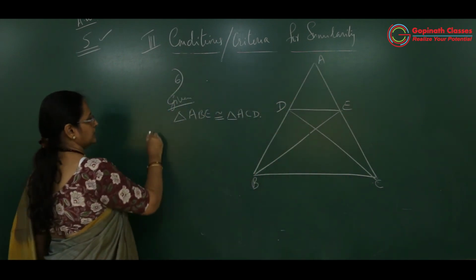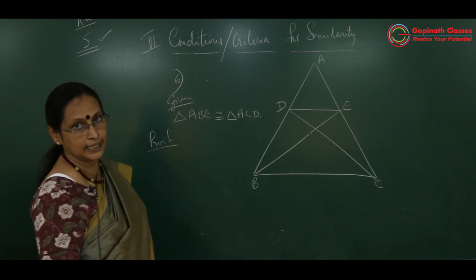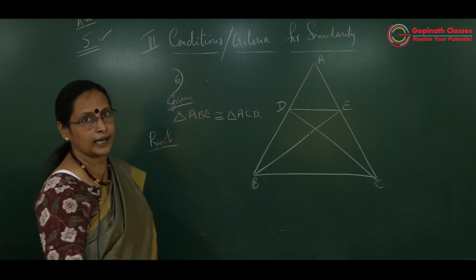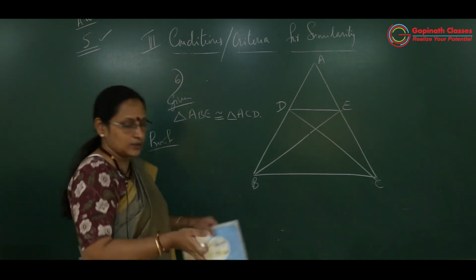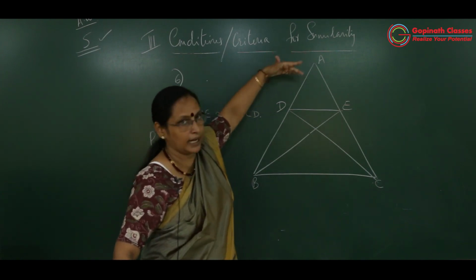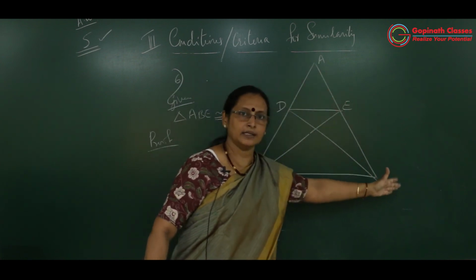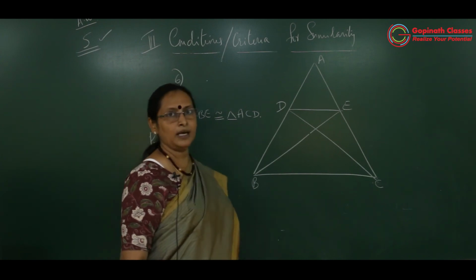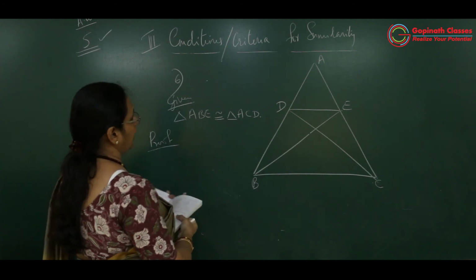Okay, to prove, now let's come to the proof. If you observe triangle ADE and triangle ABC, you can see one angle which is common. दोनों में angle A है, तो one angle we got. If we could prove the two sides, वो जो A को include कर रहे हैं, वो दोनों side कौन सा होगा? छोटे ट्राइंगल में AD, बड़े ट्राइंगल में AB, छोटे में AE, बड़े में AC. If we can show these two are proportional, it's very clear that it will be similar by SAS. So let's start with the given thing.